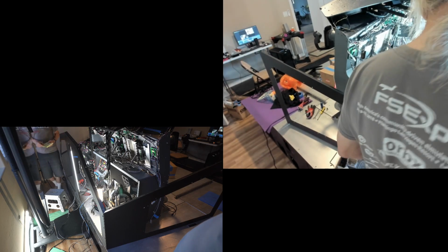So all I see in the other camera is whiskey. Oh, whiskey row. I forgot that camera was there. Okay, so we're going with